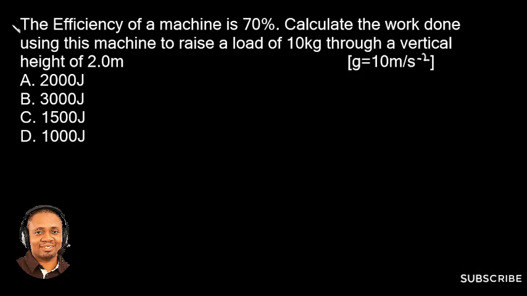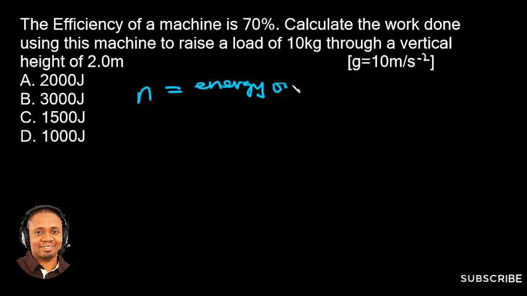This is question 38, JAMB Physics 2018, and the question goes thus. The efficiency of a machine is 70%. Calculate the work done using this machine to raise a load of 10 kg through a vertical height of 2.0 meters. Okay, there is this simple formula for calculating the efficiency of a machine, which is η equals to